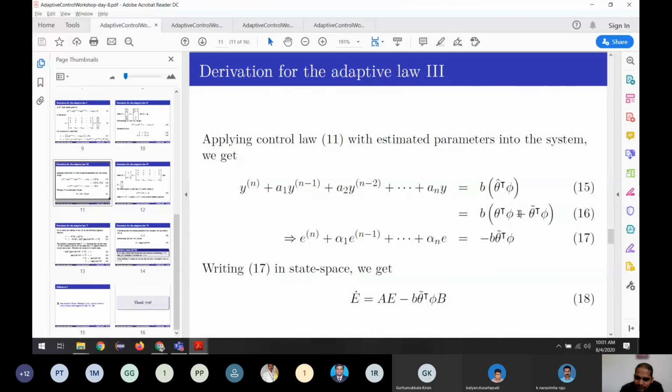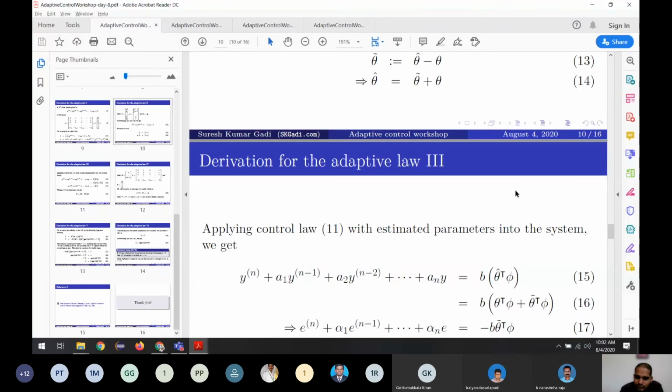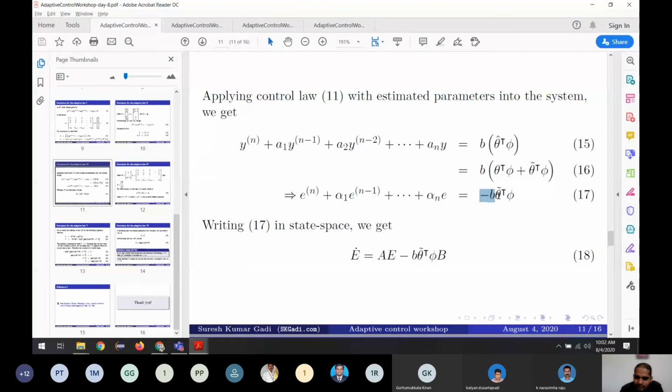With this part here, we can say this will be the same as the one we have shown previously. So this will be converging into this, or we can rewrite it into this form. What we are left with is that instead of 0, we now have the error. So what is the error? This one, minus b theta error transpose times phi. Before we had 0, but considering that we don't know the exact theta values, we are getting this error.